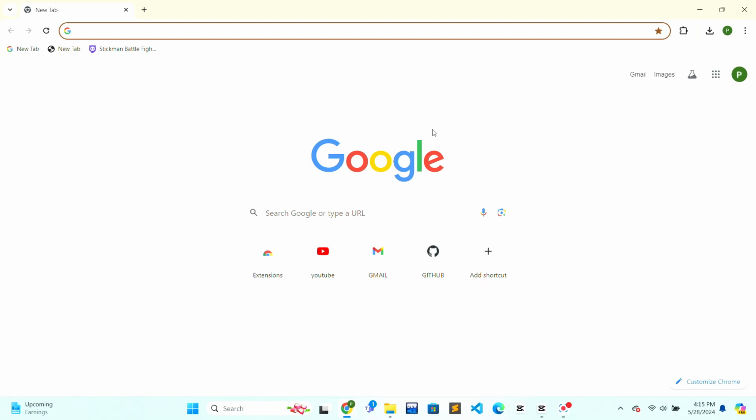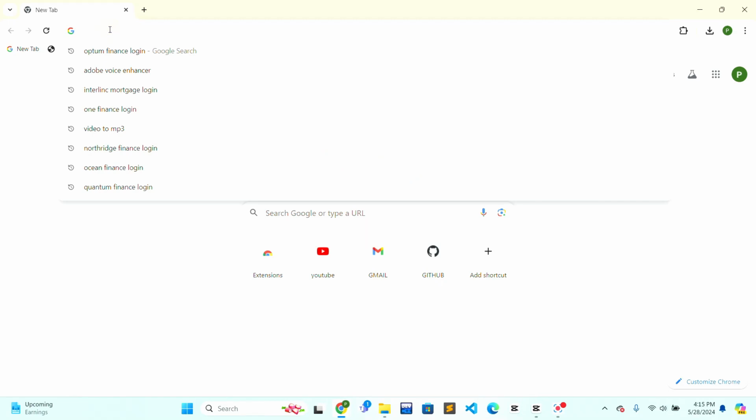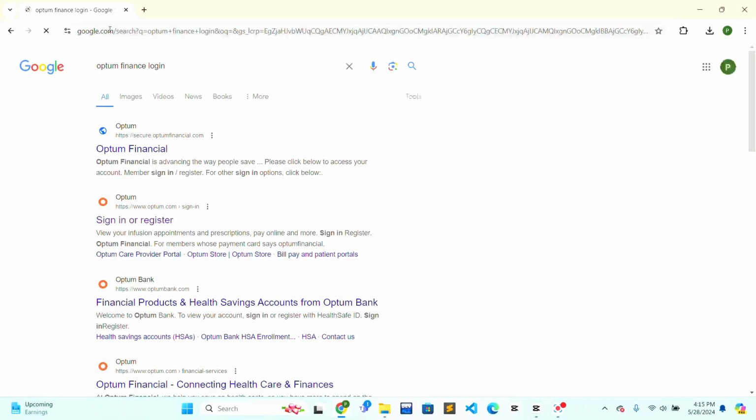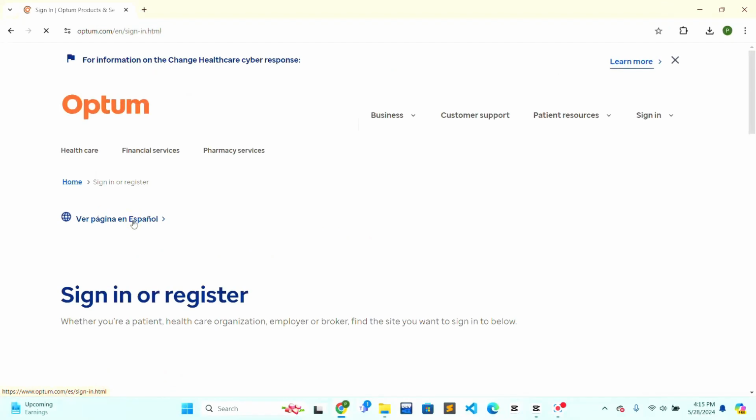Firstly, open the web browser of your choice, and after that you just need to go to the top of the web browser. There is a search bar. Just click on the search bar and type Optum Finance login. Press enter on the keyboard after that, and on the second option of the search result there is "Sign in or register to Optum". So you just have to click on the second search result